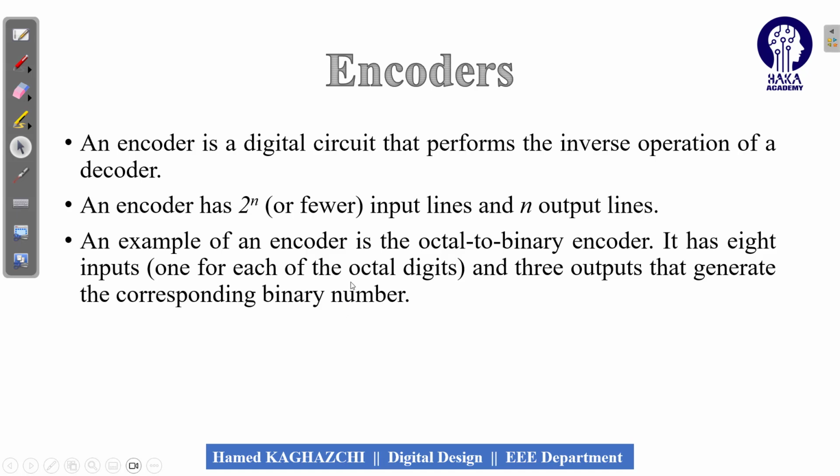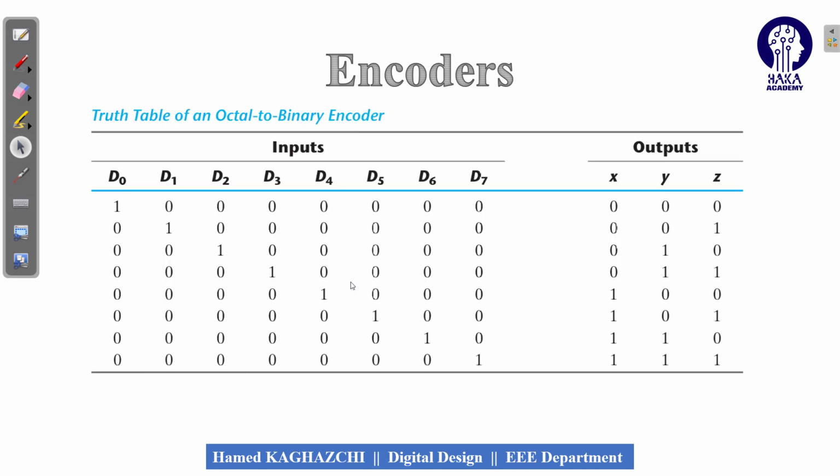The reverse of the decoder is the encoder. An encoder is a combinational circuit that has 2 to the power of n input lines and n output lines. It is exactly the reverse of the decoder. You can see the truth table of the